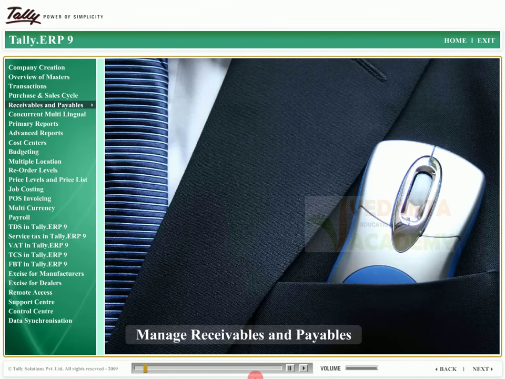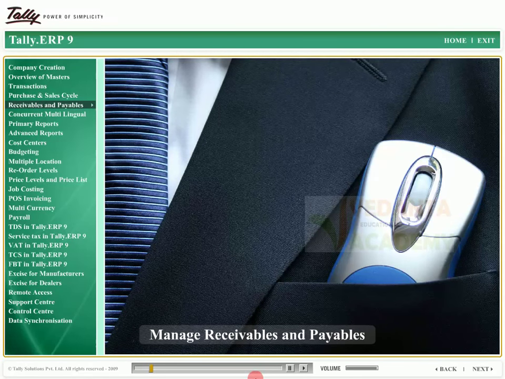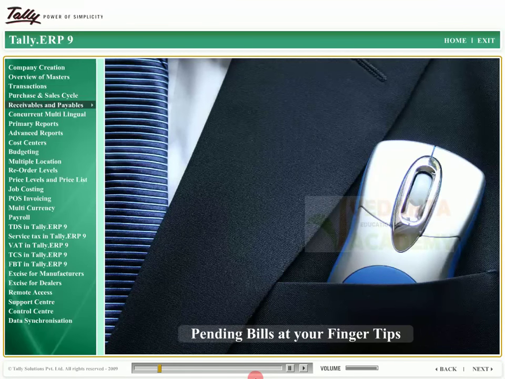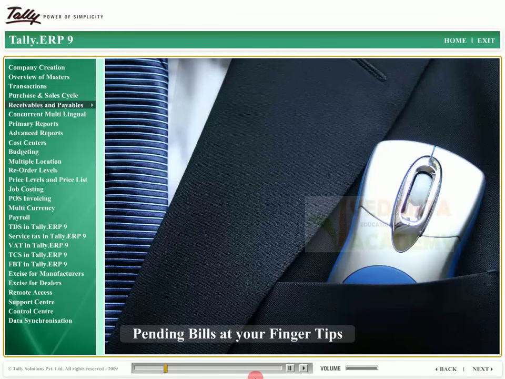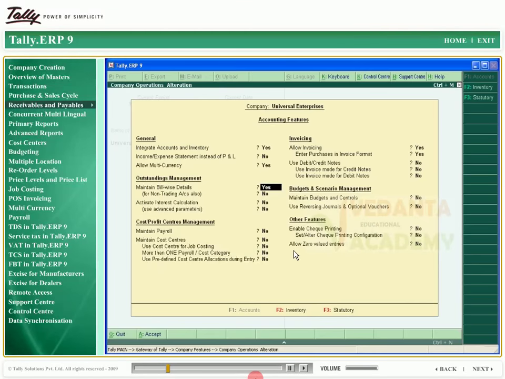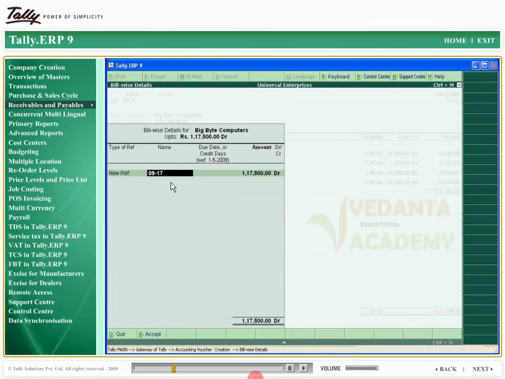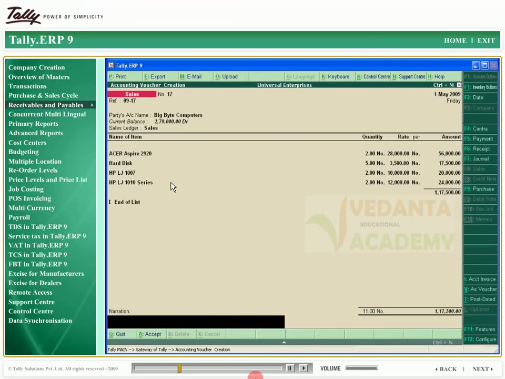And payables can become unmanageable if not tracked. Imagine the luxury of not going through all your ledgers to track your receivables and payables. With Tally.ERP9, details of all your receivables and payables are available at the click of a button. Activation of bill-wise details of open bills in Tally.ERP9 can help you track receivables and payables and also compute interest